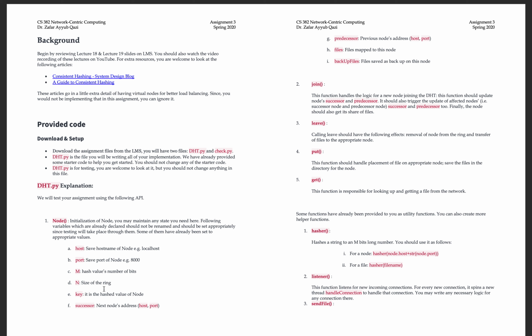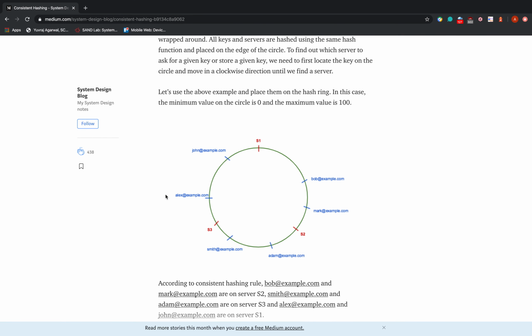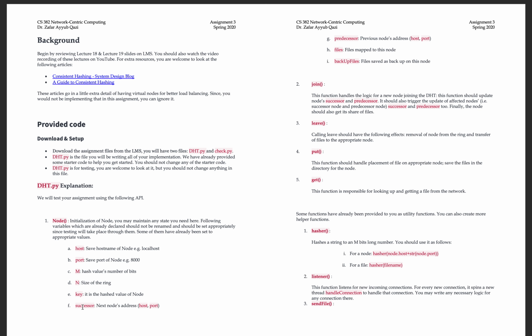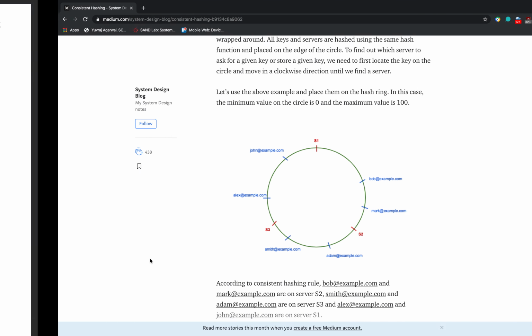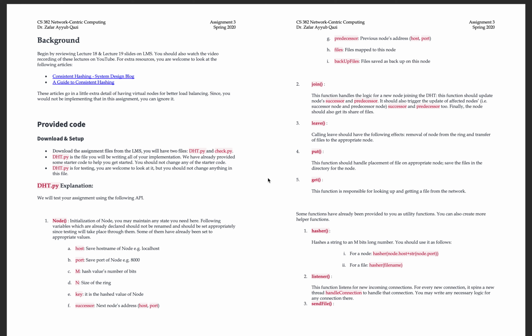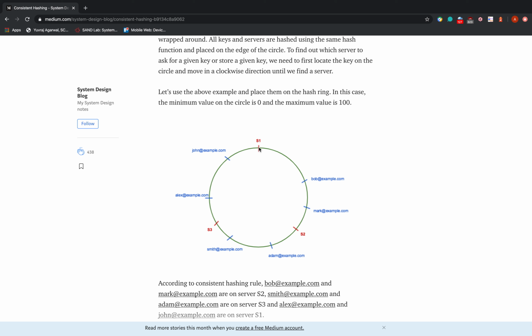Each node now stores two pointers. These two pointers are what construct this ring-like structure. It stores the successor and the predecessor. Successor is the immediate node if we go in the clockwise direction.